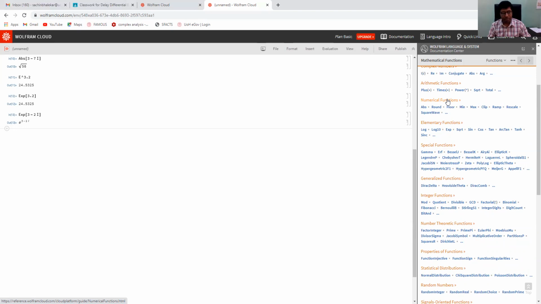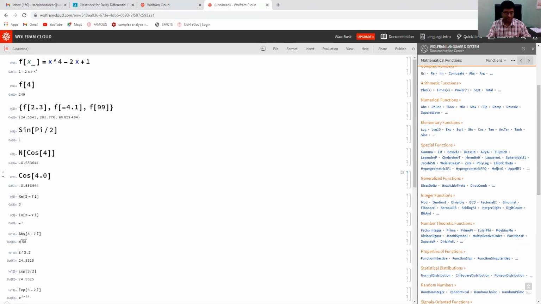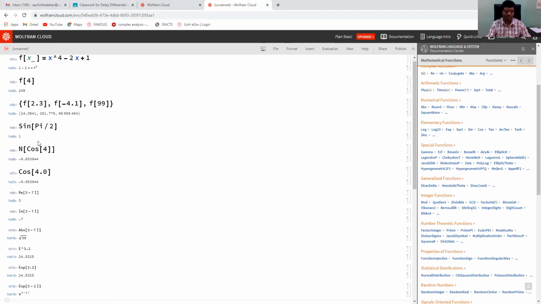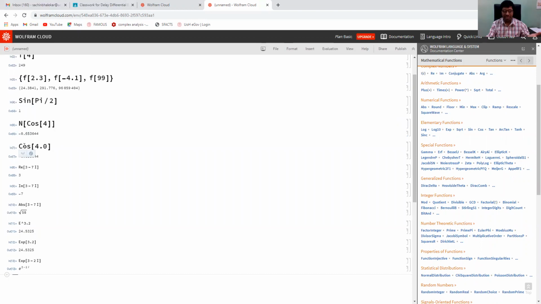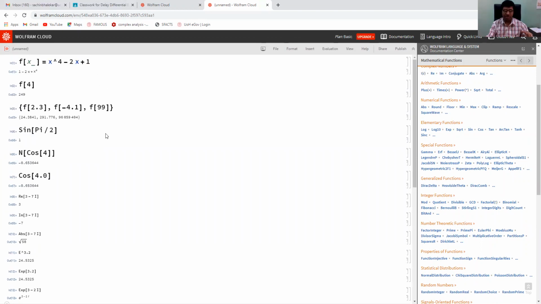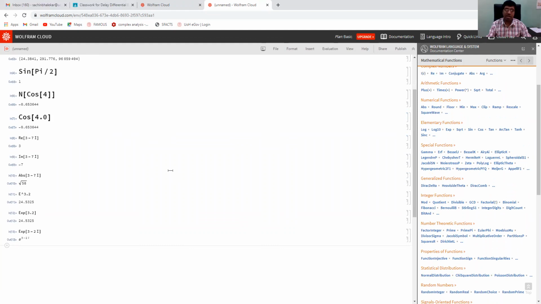My next aim is to explain about this f of x, which is called a user defined function. So Sin, Cos, and so on, these are inbuilt functions. What we define is called a user defined function. Now let us consider a multivariable function. Of course, we can define a function from Rm to Rn as you study in the course of advanced calculus. The syntax is very similar.